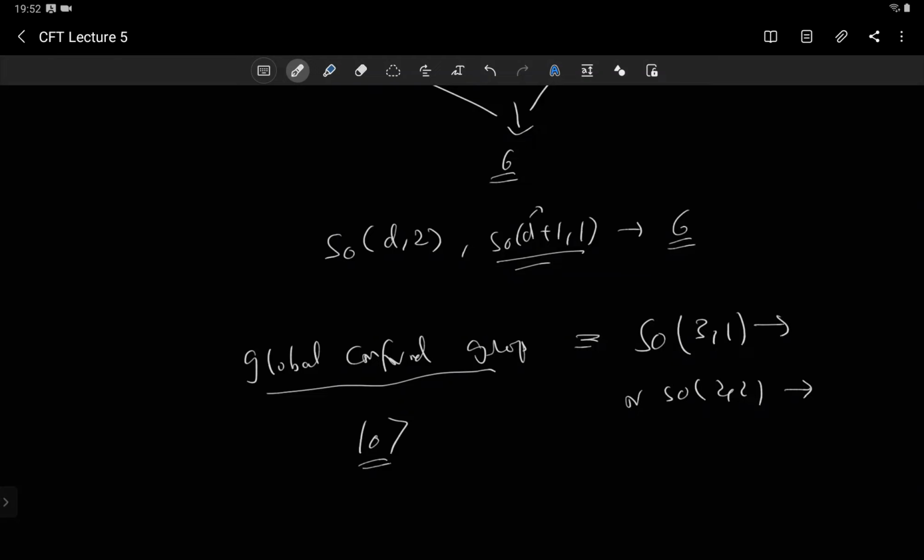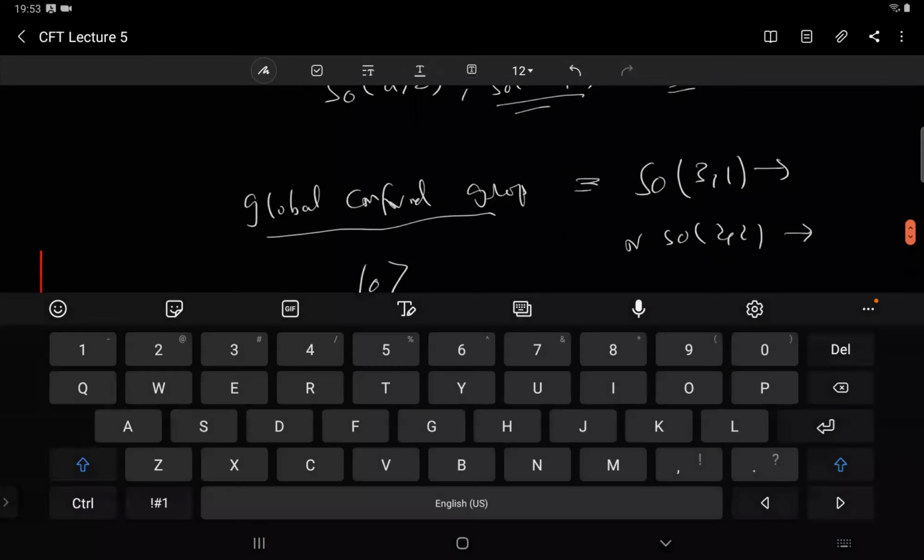Okay, but nevertheless you have this infinite dimensional algebra, and that infinite dimensional algebra is very important because it will help you to constrain many things, but it is not a symmetry in that sense, because it's not well defined everywhere. Even though the action will be invariant under the full infinite local conformal transformations, the ground state we will demand will be only invariant under the global conformal group, not the local conformal transformations, and that will be important.